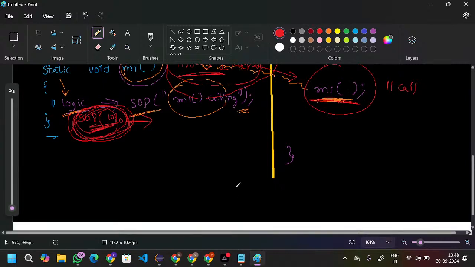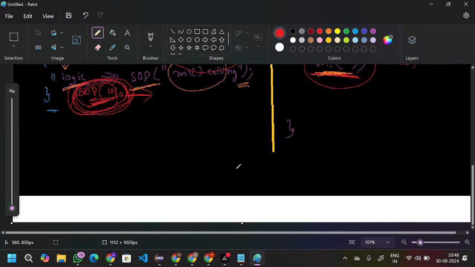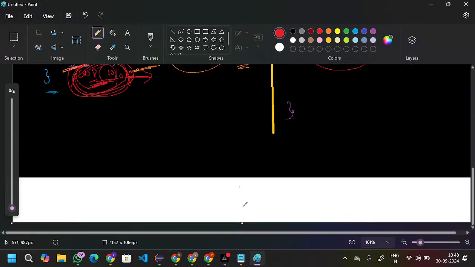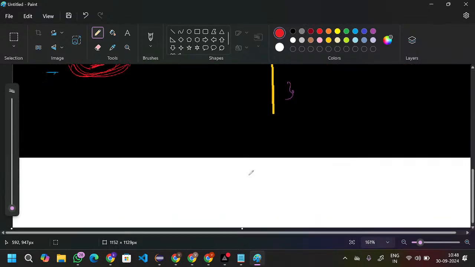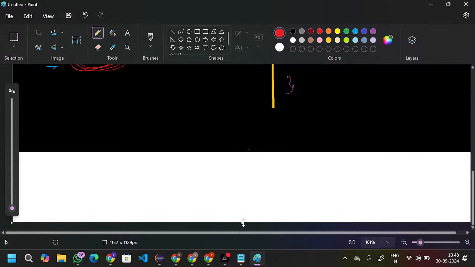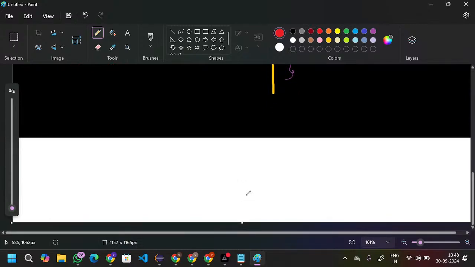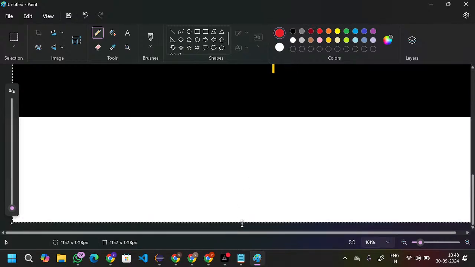So the throw keyword. The definition itself has the purpose of each keyword, the meaning itself. I can mention throw is the keyword which is used to create the exception programmatically. That is the definition, right? So here I will show you how you create the exception programmatically. For example,